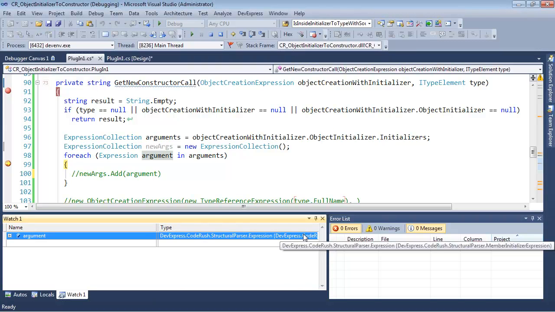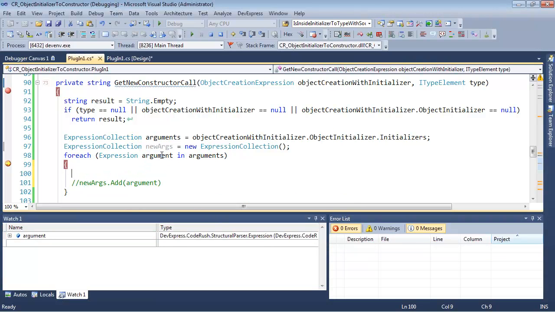There it is, right over on the right. Member initializer expression. So look to the right. See that? See the hint coming out? I can't quite put the mouse over it, but if you look far right, the tooltip on the right of the screen there. Member initializer expression. So we need to typecast it to that, I think, and then we'll be able to see